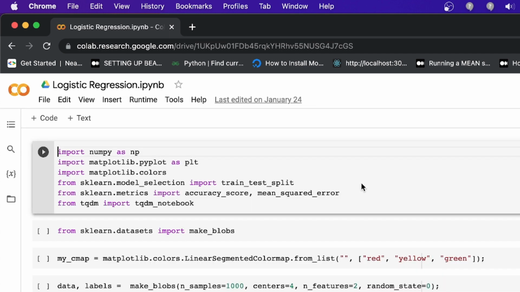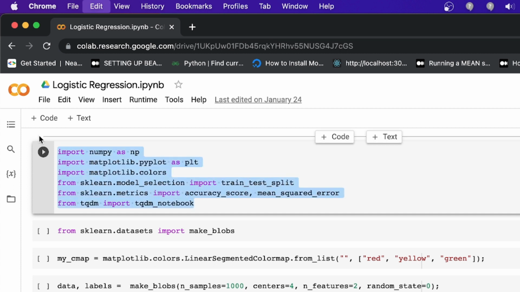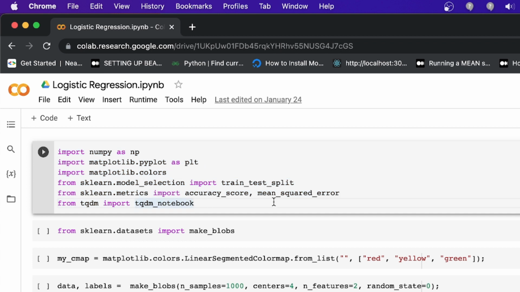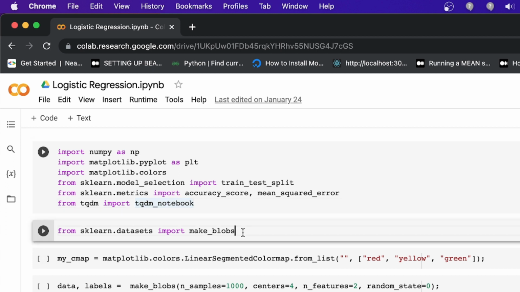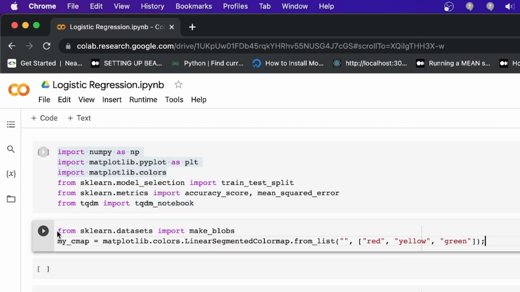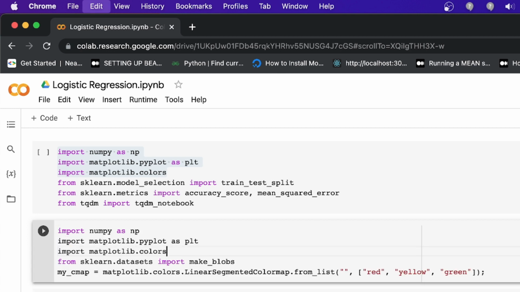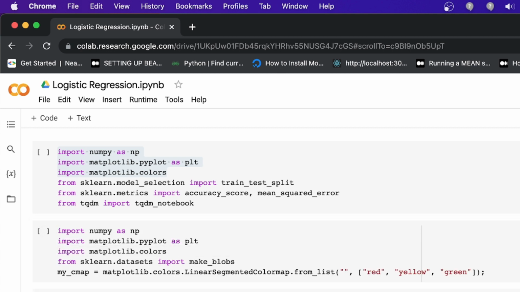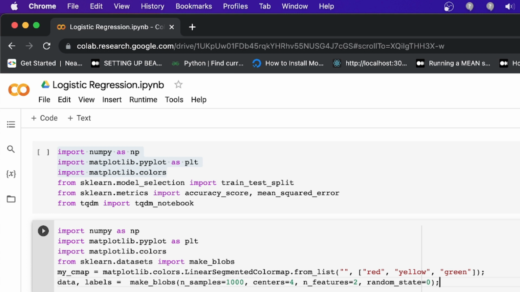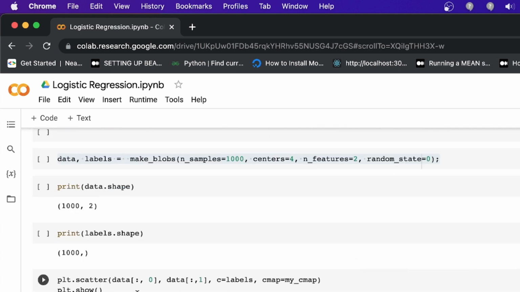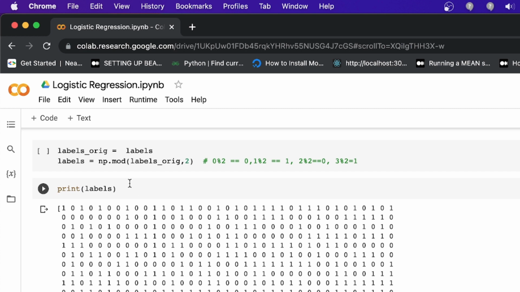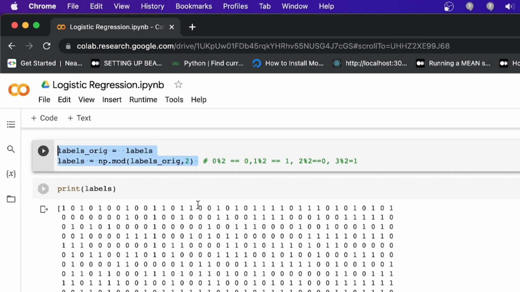I need this, this, and I need this line also. I need this line.